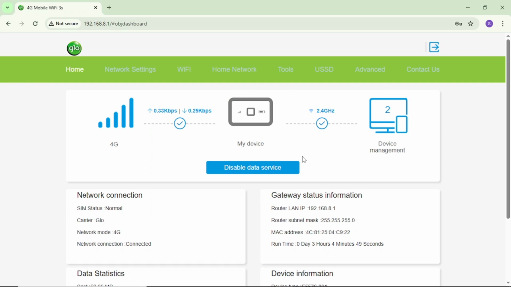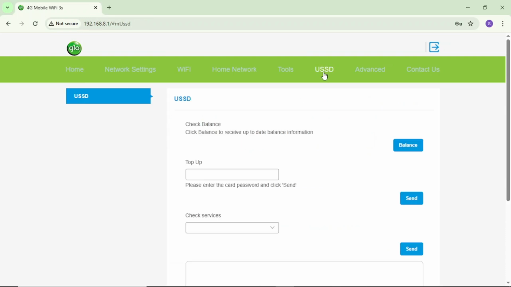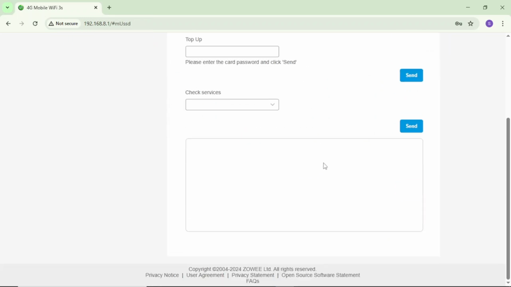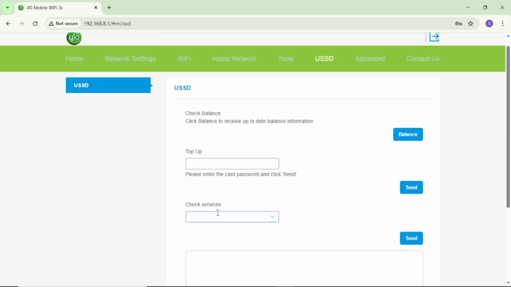I know Glo MiFi has different brands and models, whereby maybe your own model could be different from mine, and it may have a different interface or dashboard from mine, but it's all the same thing. Now to check your Glo MiFi data balance, come on USSD and tap on it. And on this USSD, scroll down and come on this check services. Come here, edit it, and enter this code here,